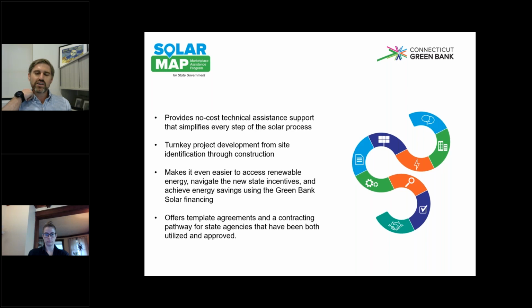Paying for the projects is one, but there are all the other barriers that you would encounter in trying to get a project done. That's everything from what's a feasible site for putting solar, how do I find a contractor, how do I secure the incentives, what the legal documentation looks like, how do I navigate that process within the various state agencies that are involved, and then also, where our primary expertise is, how do I pay for it. So we came up with the program to address all those barriers